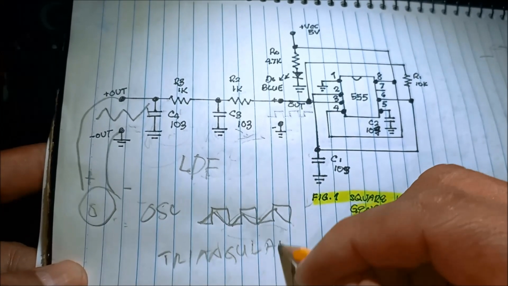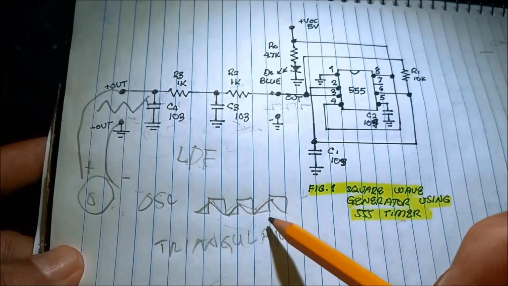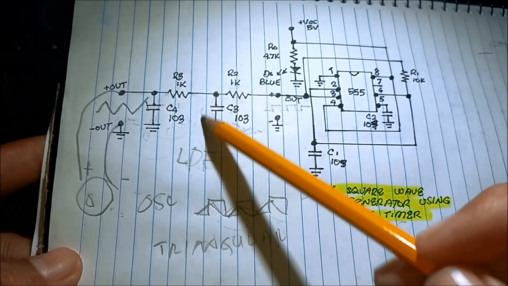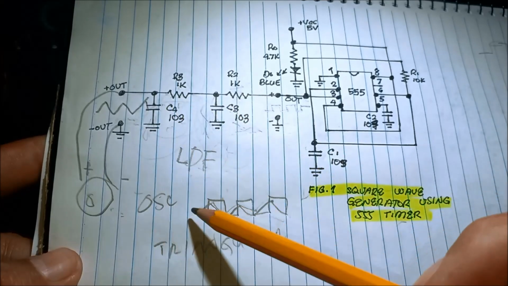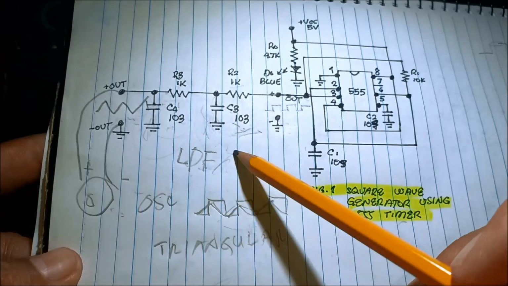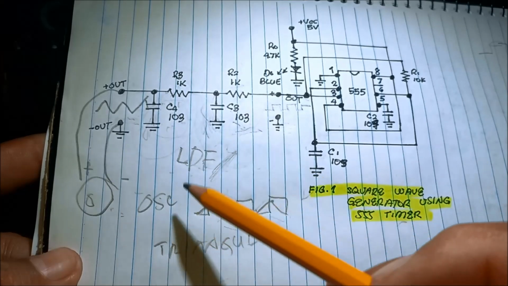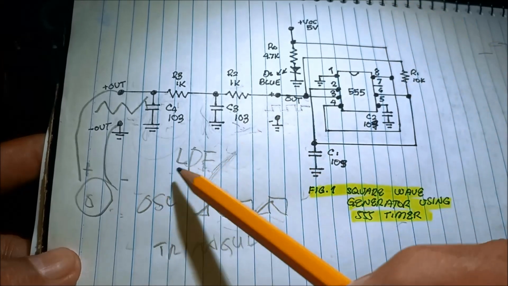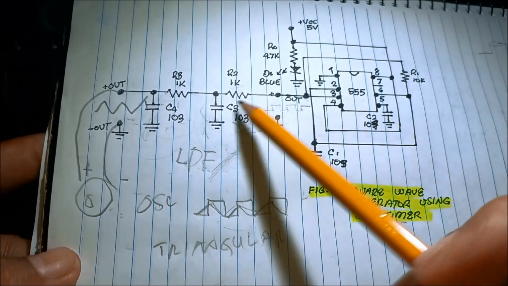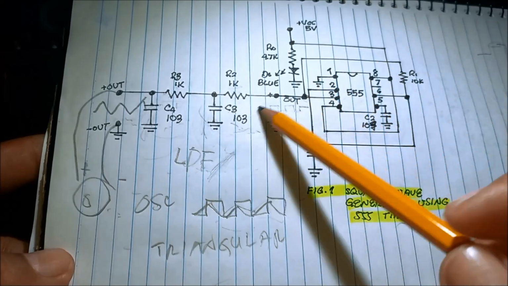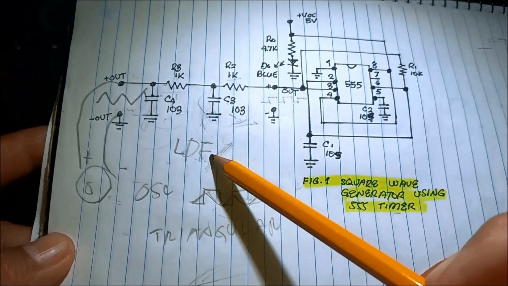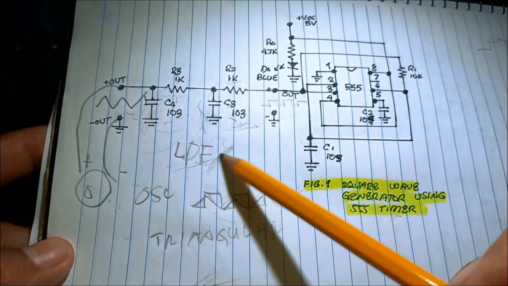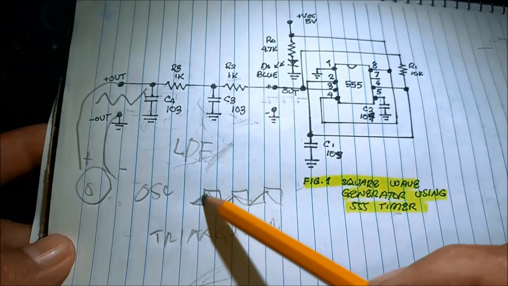Why is it that we are using two sets of low pass filter? And why is it called low pass filter? A low pass filter is passing all the low frequency and attenuating the high frequency. And why did we use two sets of LPF to create a steep or